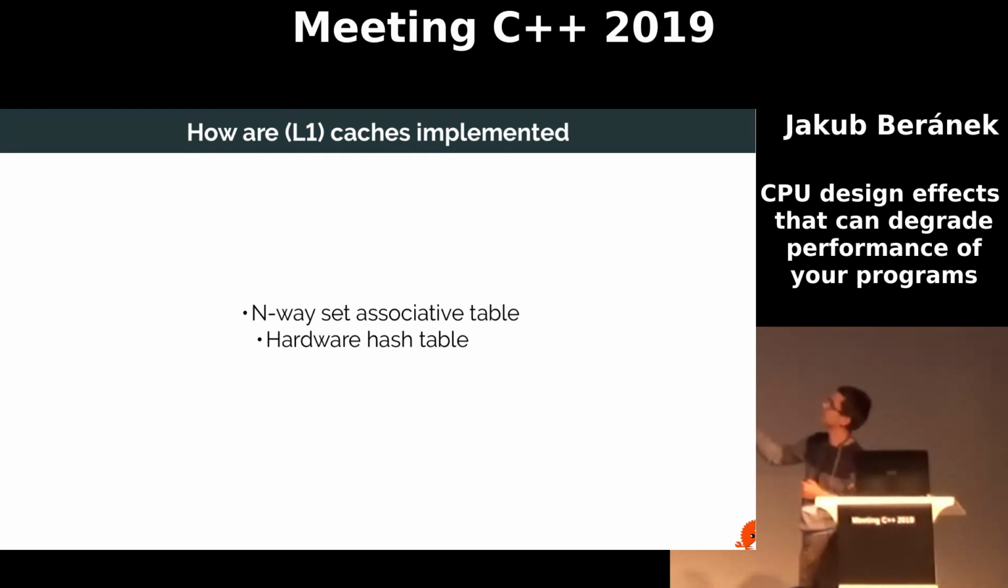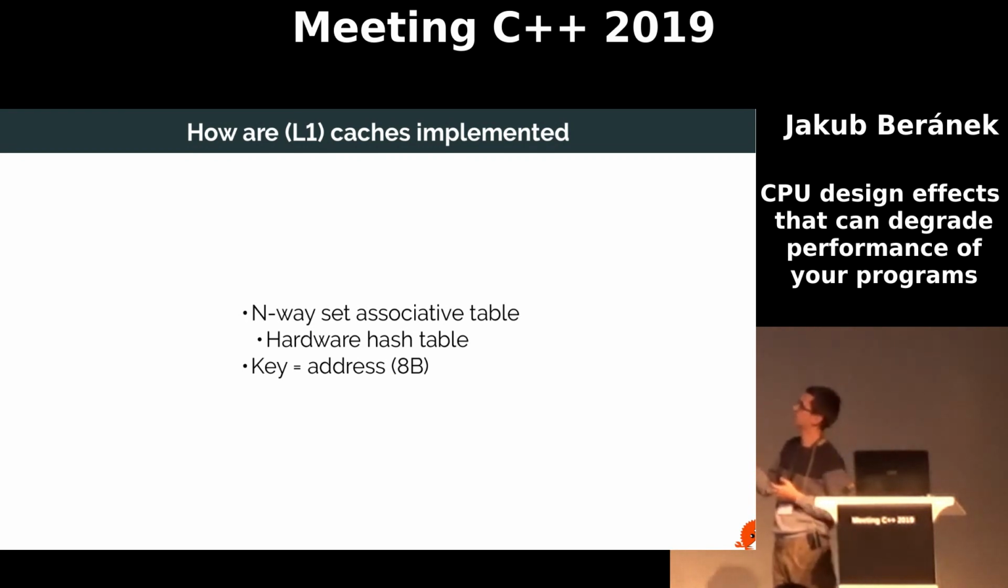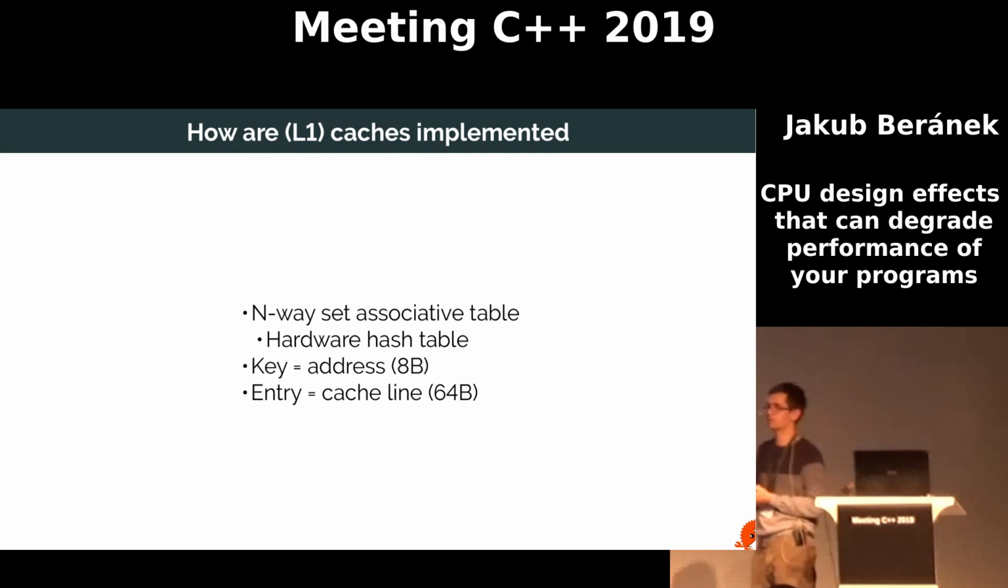So caches, or at least L1 caches, are implemented as so-called n-way set associative tables, and this scary name basically means that they are hash tables implemented in hardware. Because they are hash tables, they need to have some input key, and this is the address of a cache line. So on my 64-bit system, it will be 8 bytes, and the result, the entry that the cache holds,